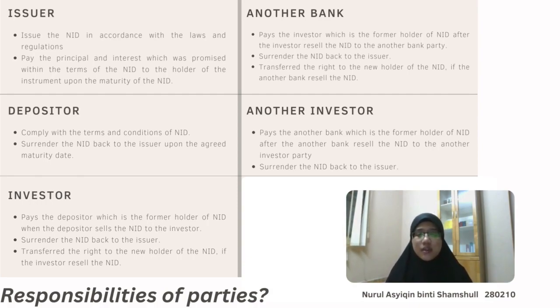If the depositor does not comply with the term and condition, the issuer has the right to terminate the NID and sue the depositor. The depositor is also responsible to surrender the NID back to the issuer upon the agreed maturity date. Next, for investor, the investor is responsible